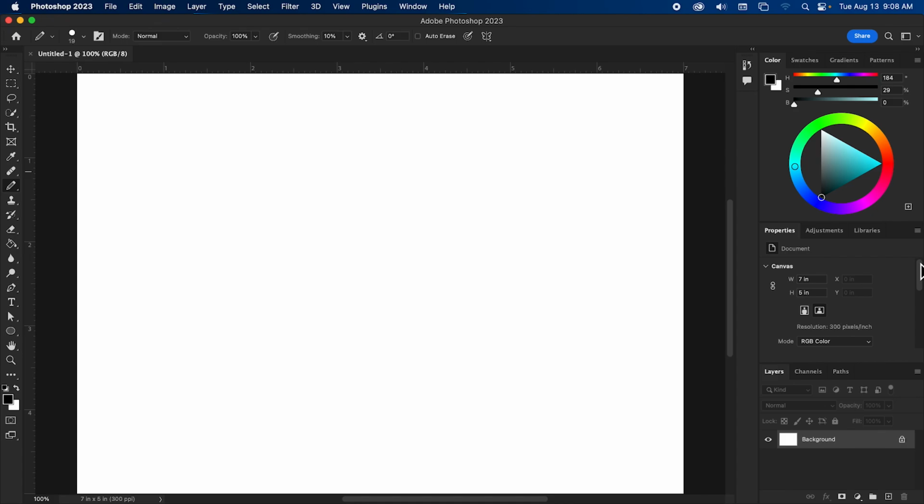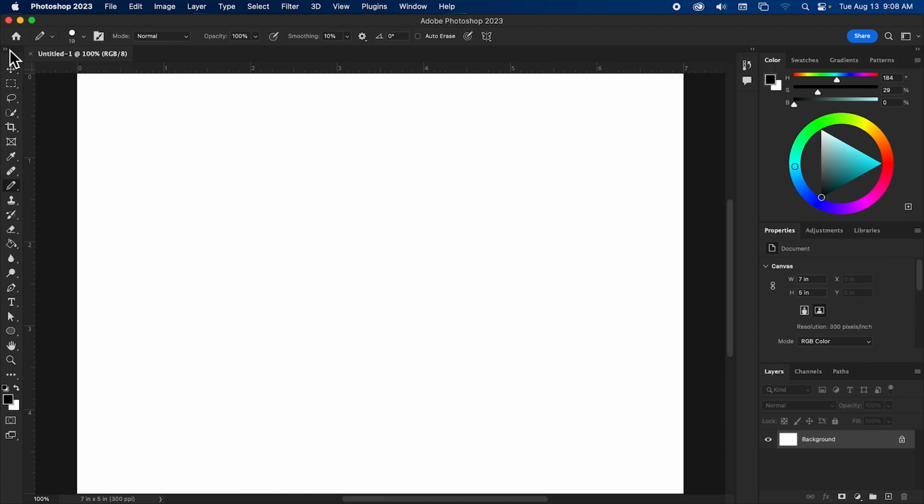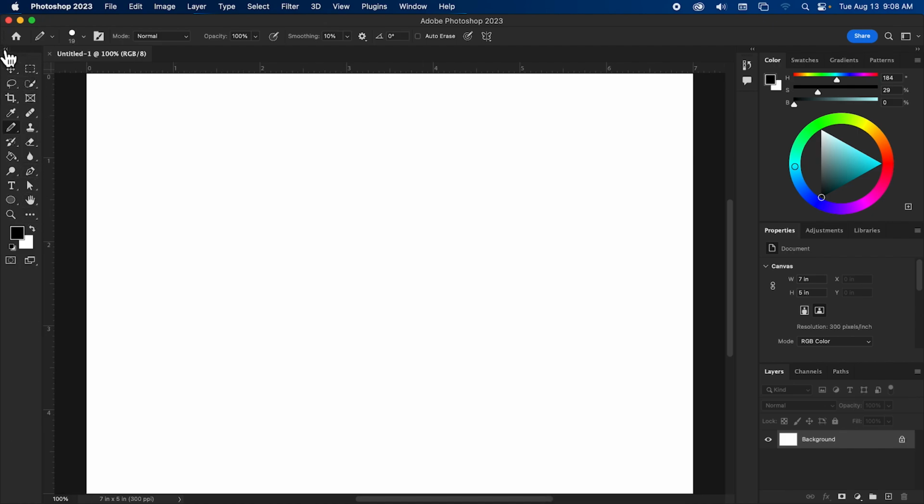All right, so let's go over the different parts of the user interface. There's one that you already know, that's the toolbar over here on the left-hand side. You can make it bigger by clicking these two double arrows here, or skinnier.